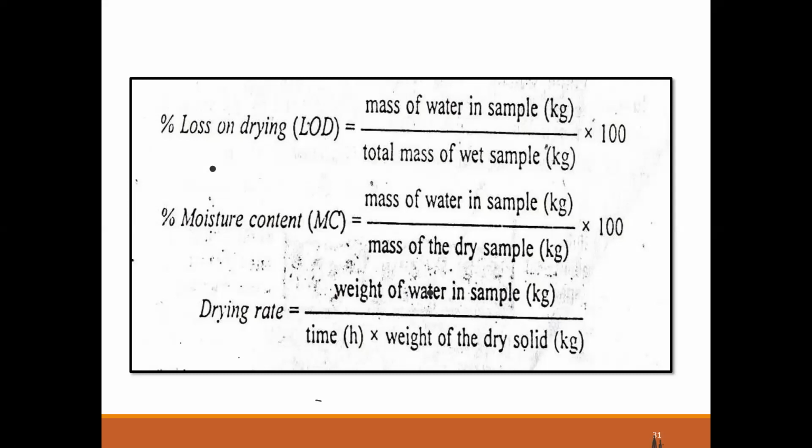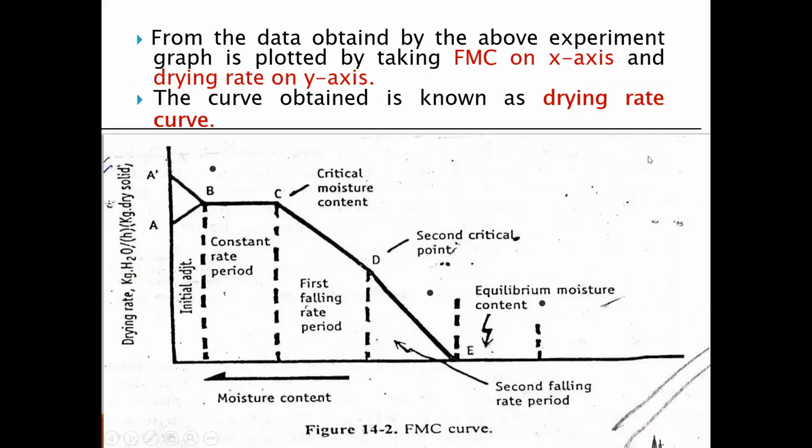Then the drying rate is equal to the weight of the water in the sample, which we have already seen, divided by time. How much time is required to dry the material, whether 1 hour, 2 hours, 3 hours, and so on, and then divided by the weight of the dried solids. This is called the drying rate, meaning how much time is required to dry the whole material. The same calculation we can use for the next purpose. And after this calculation,